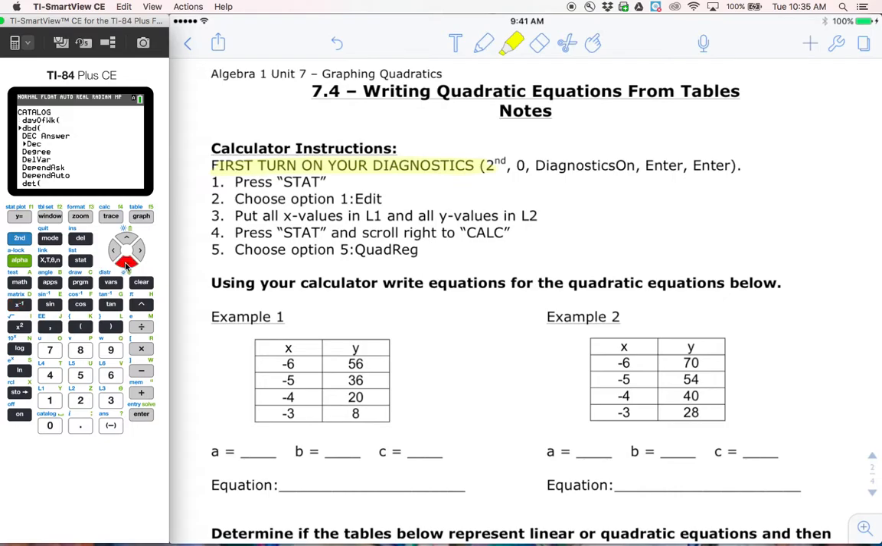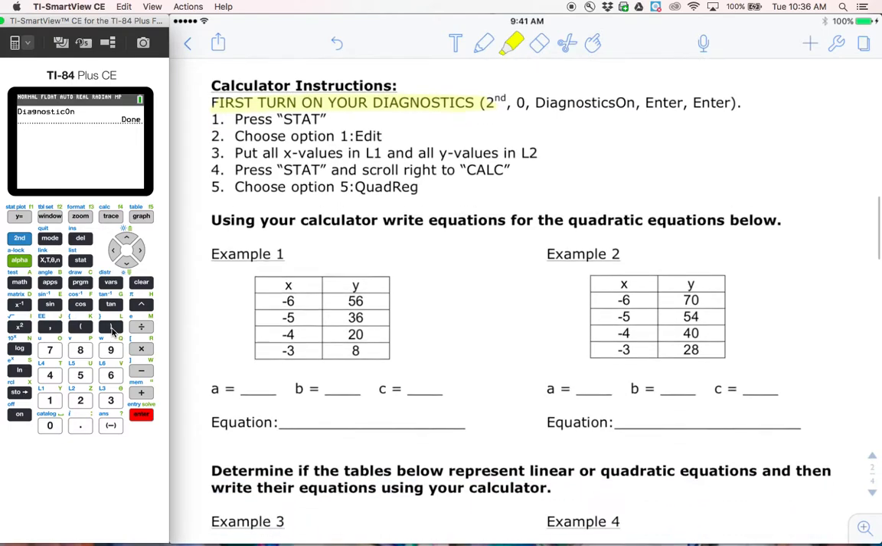We're going to go down to diagnostics on. We want to turn them on. Let's see. There we go. So diagnostics on, we're going to press enter. And I need to see done here to know that I actually have them on. All right, my diagnostics are on. Perfect. And now we can go ahead and talk about how to get a quadratic regression from our